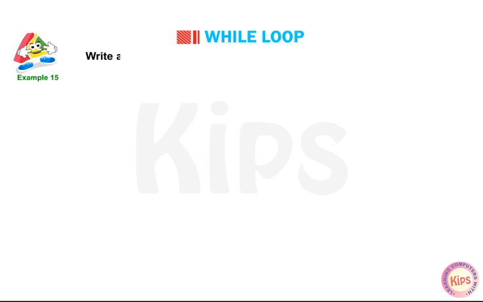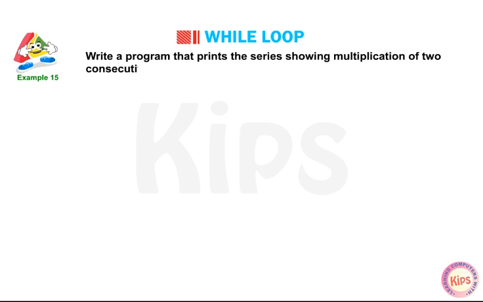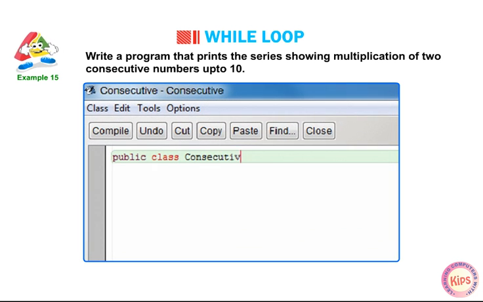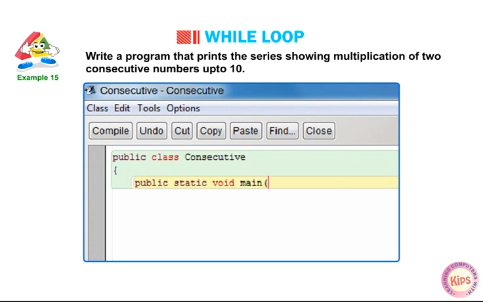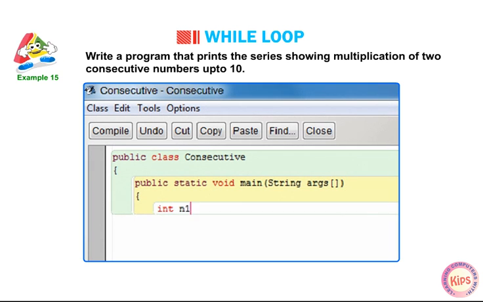Example: write a program that prints the series showing multiplication of two consecutive numbers up to 10. public class consecutive { public static void main(String args[]) { int n1 = 1; int result = 0;